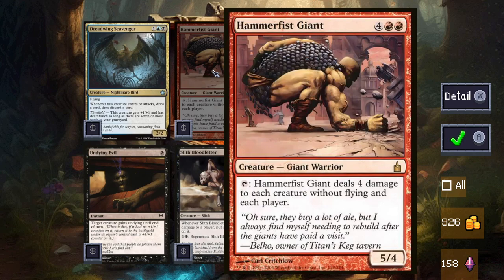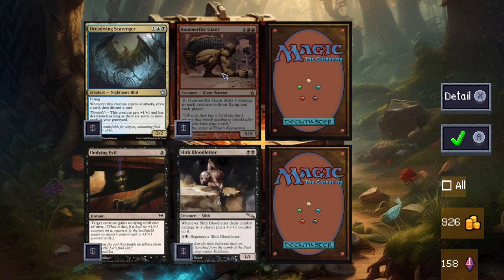This is always a neat one. Hammerfist Giant, original Ravnica here, is nifty because, for one, it's a neat sweeper, but it's asking you to devise your own combo to reuse it to make it stronger. It has a huge amount of...